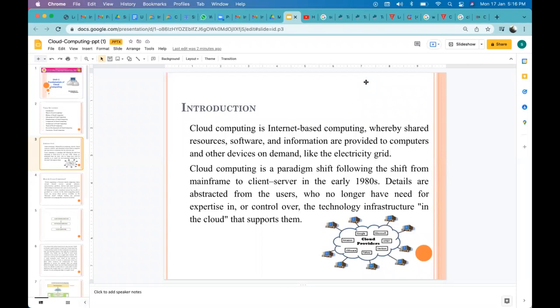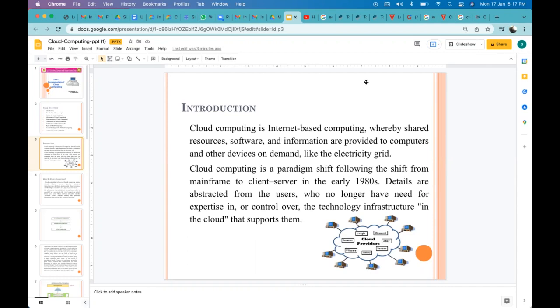So let us see what is cloud computing actually. The term cloud refers to a network or the internet. It is the technology that uses remote servers on the internet to store, manage, and access data online rather than local drives. The data can be anything such as files, images, documents, audio, video, and more.